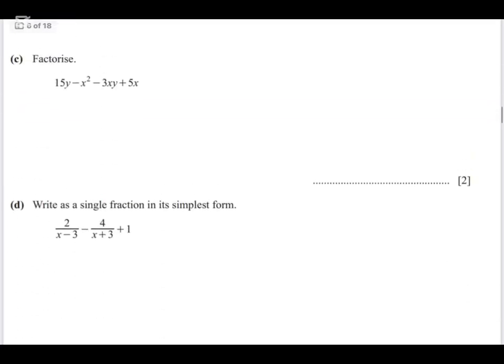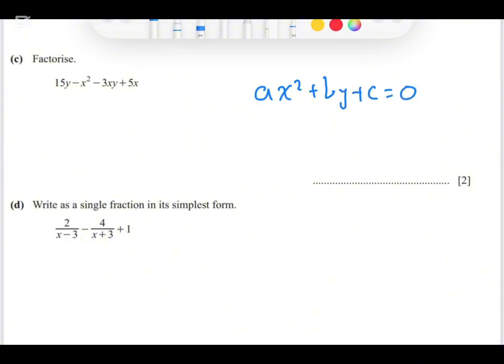Now, how to solve this type of question? That's a very interesting question. We have to take common, and we have to take common very carefully in these types of questions. So now we have to factorize this one. This is not a quadratic, as I told you, a quadratic equation is like this: ax squared plus bx plus c equal to 0, where abc are real numbers. But this is not a quadratic equation. We have to take a common factor very carefully to solve this question. Now